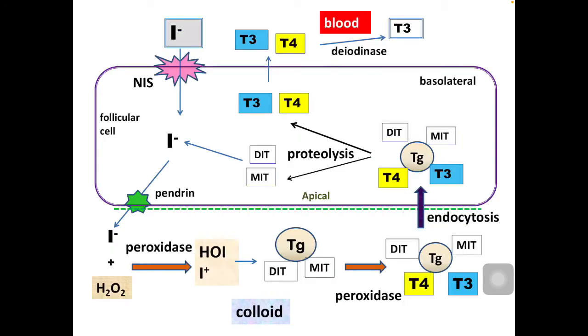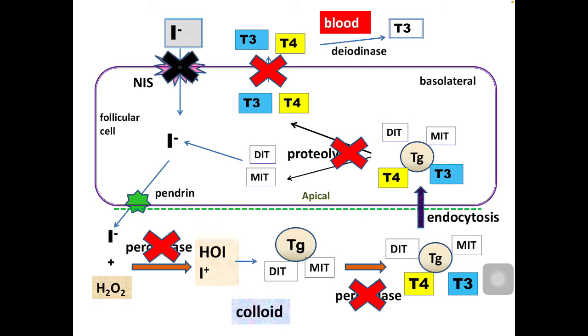Now, how do we treat the thyroid hormone excess? So what we can target is, we can inhibit the synthesis of hormone by inhibiting the thyroid peroxidase enzyme. Once we inhibit the enzyme, this coupling and oxidation reaction will not take place, and ultimately T3 and T4 will not be synthesized. The second thing we can do is inhibit the proteolysis and release of T3 and T4, so that hormone remains stuck in the gland itself and does not get released into the bloodstream.